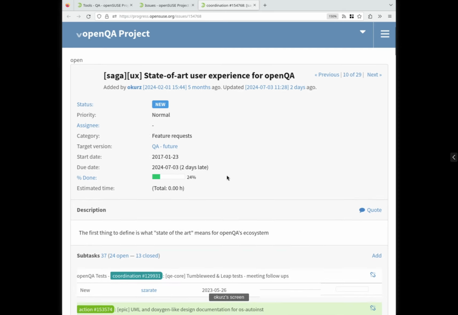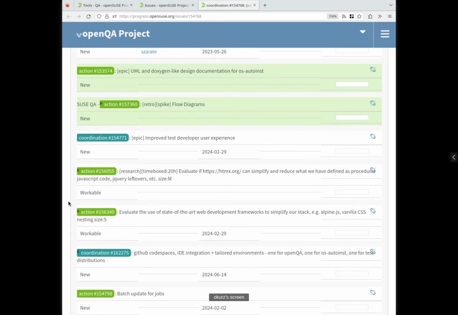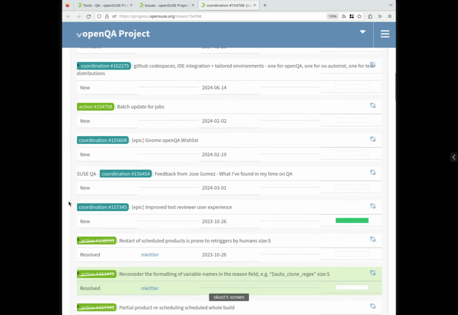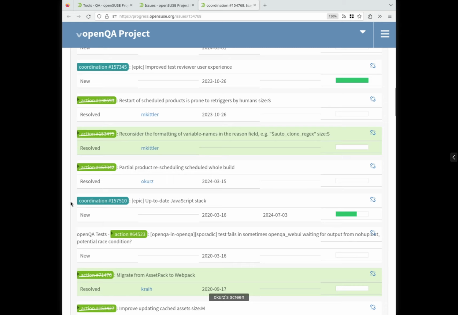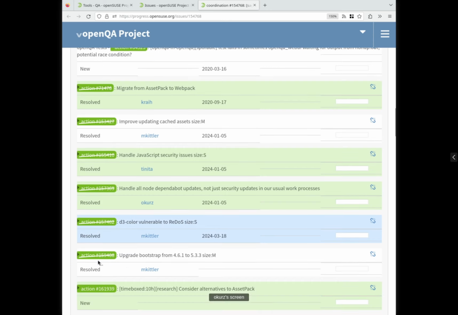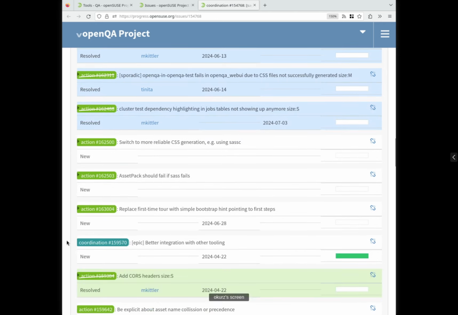We already defined a lot of new ideas in there. They're also related to the discussions which we had at the openSUSE conference and already before, especially with Santiago Zarate as the representative of the SUSE QE Core Squad. We already did some things there, like updating our JavaScript stack dependencies. That's why you also see multiple resolved tickets here that we could already do. Upgrading Bootstrap to version 5, which then allows us to use other more recent features.